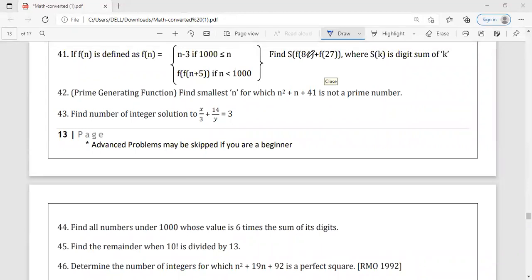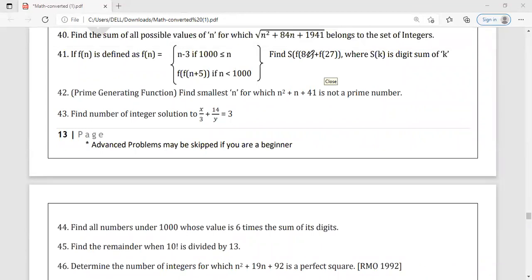Which part, legendary, please tell, which part shall I show again? Tell me which part shall I actually show again? Previous question. Okay, from which part did you not get it? Is it the whole question? Okay, you want to note the solution. Okay, I will show you the solution.